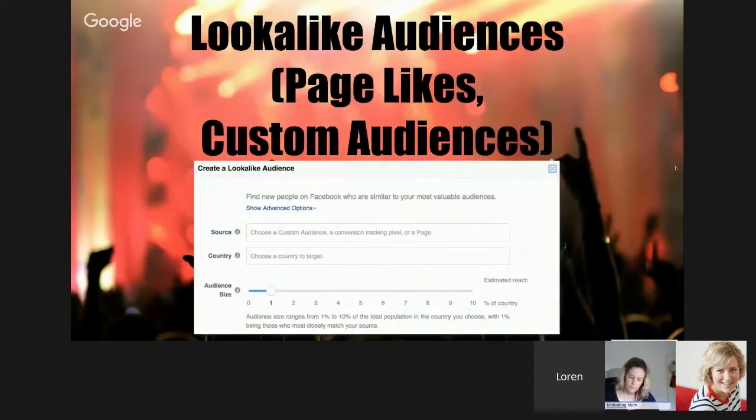And then the next one that we can use, and this is particularly good for those people that maybe have a list but it's not very big, or they have page likes that are not very big, or they have website traffic that's not very big. Because those audiences aren't very big, you can't really advertise to them, or if you do, you exhaust those lists so quickly. A lookalike audience is a great audience that lets you take one of those lists I just mentioned